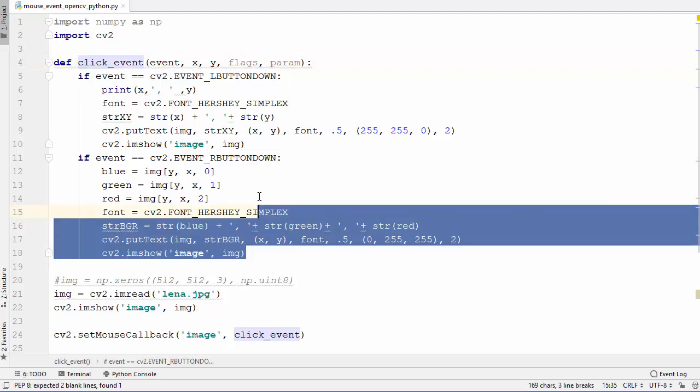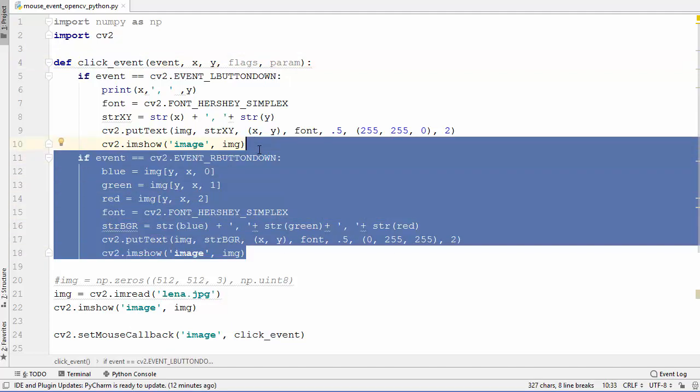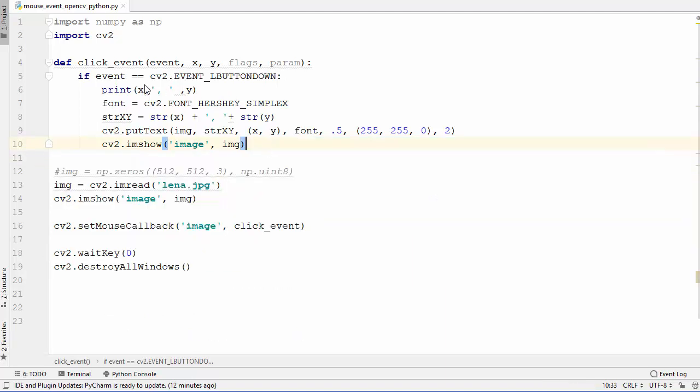To start with, I'm going to just remove this if condition for the right button click event, and every time somebody clicks the left button down click event of mouse, I want to draw a very small circle, and when he clicks on the next point, then I want to join those two points using a line. So for that I will need a cv2 circle.